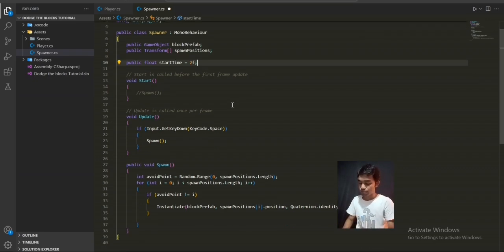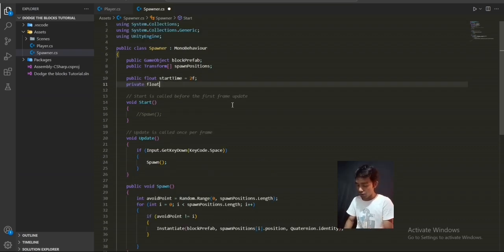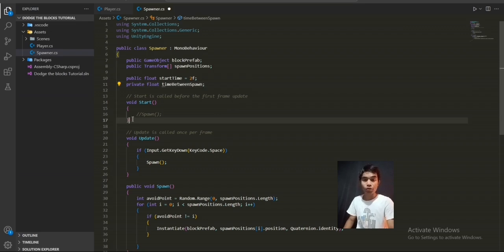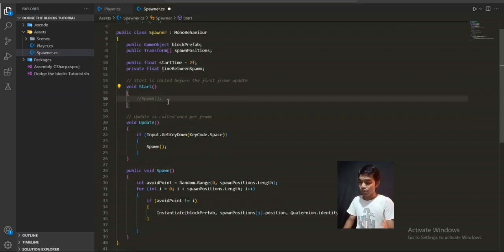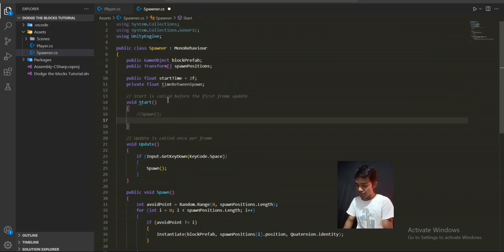Let's make another field which will be private, and it doesn't need to be public. I'm going to call this one timeBetweenSpawn, and by default I'm not going to set it to any value. Close that off with a semicolon, and let's go to the Start function, and we know Start gets called when the game starts. In the start of the game, I want to set this timeBetweenSpawn to our